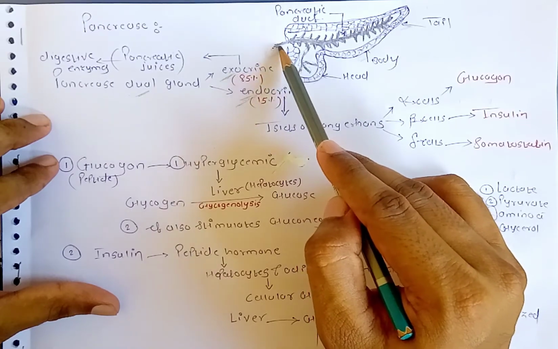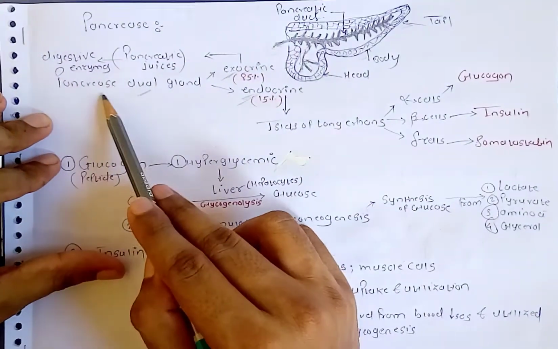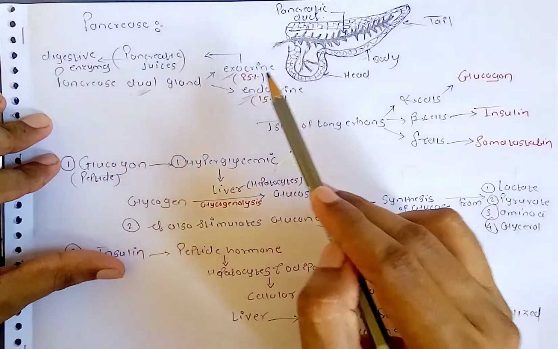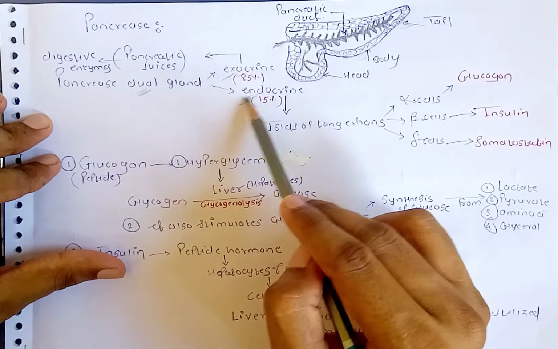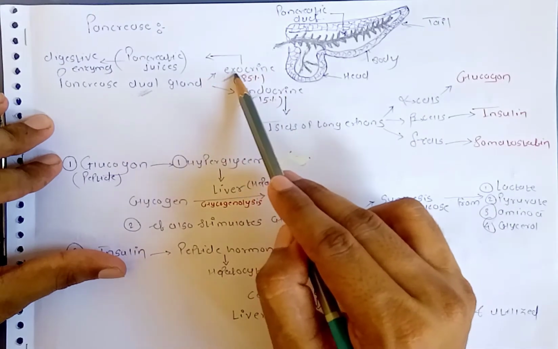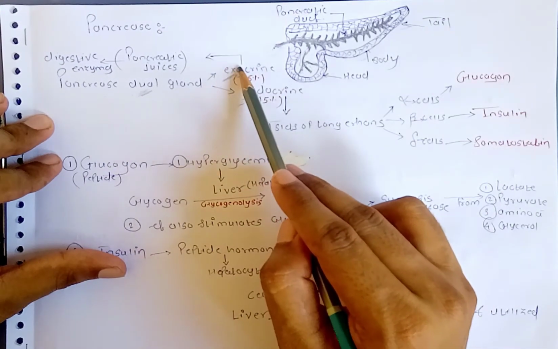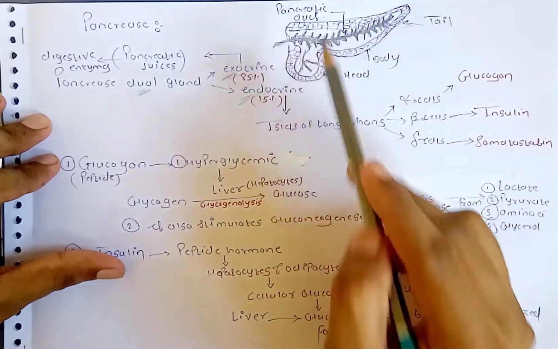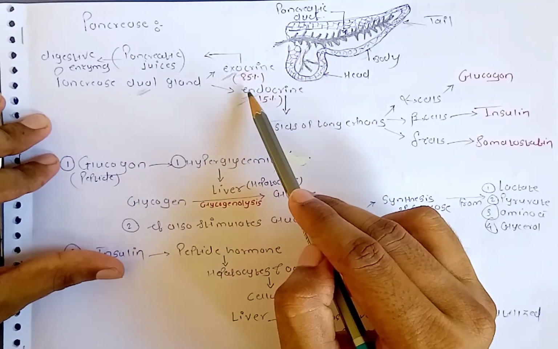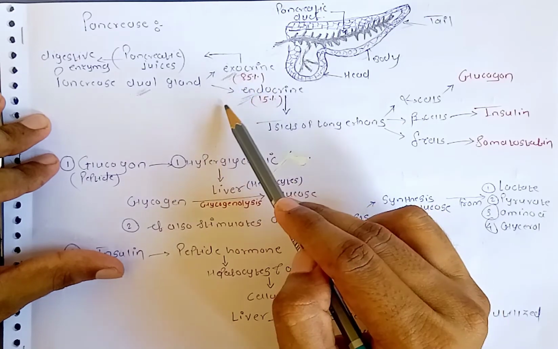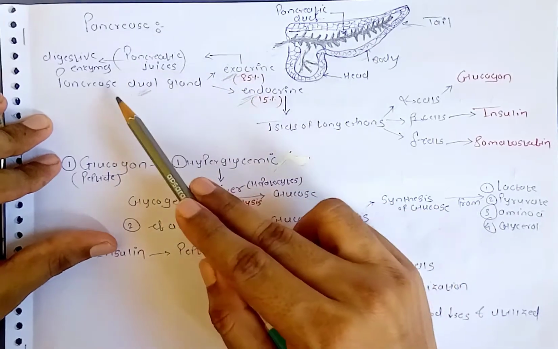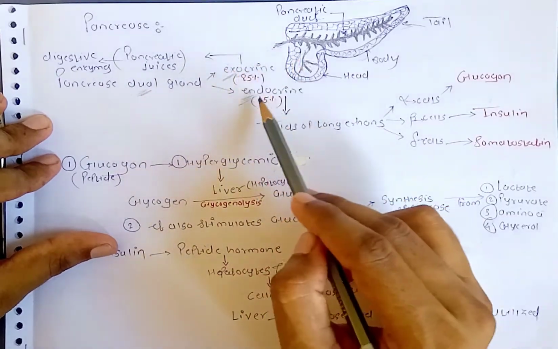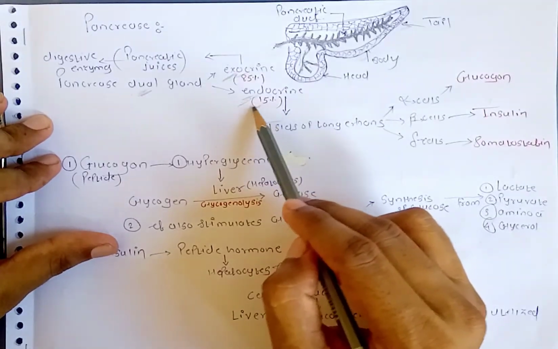Example, pancreatic juices. Okay. So the pancreas gland is dual in nature. So what is the meaning of dual in nature? It is exocrine as well as endocrine. So what is the meaning of exocrine? It releases its secretion at a specific site with the help of a duct. Okay. And what is endocrine? It releases its secretion directly into the blood. Okay. So the pancreas is majorly composed of the exocrine section and the minor section is endocrine in nature.